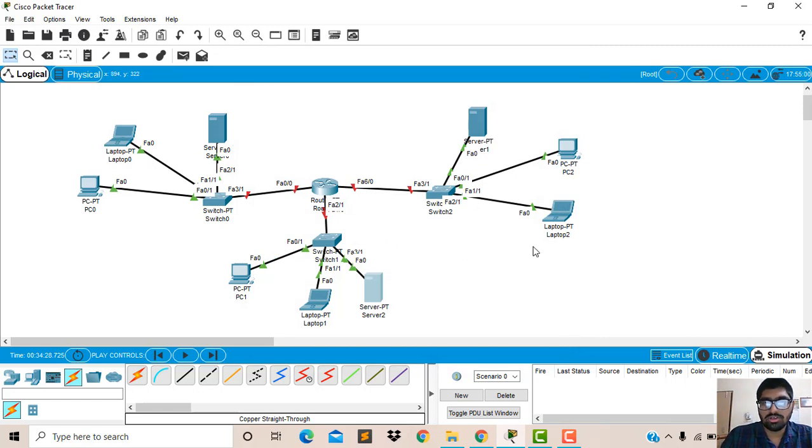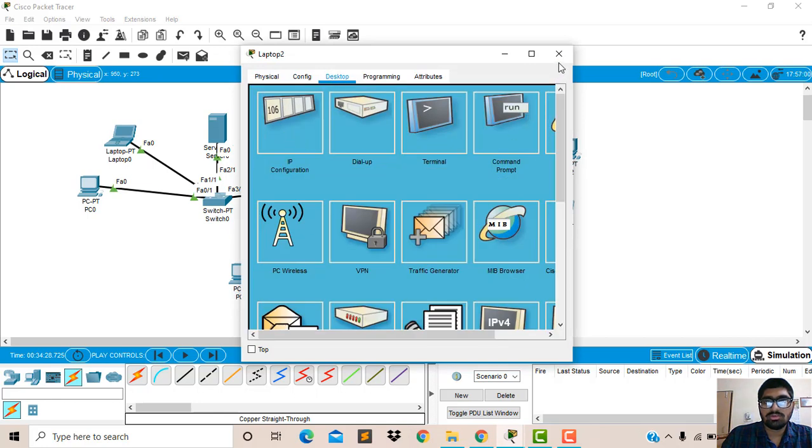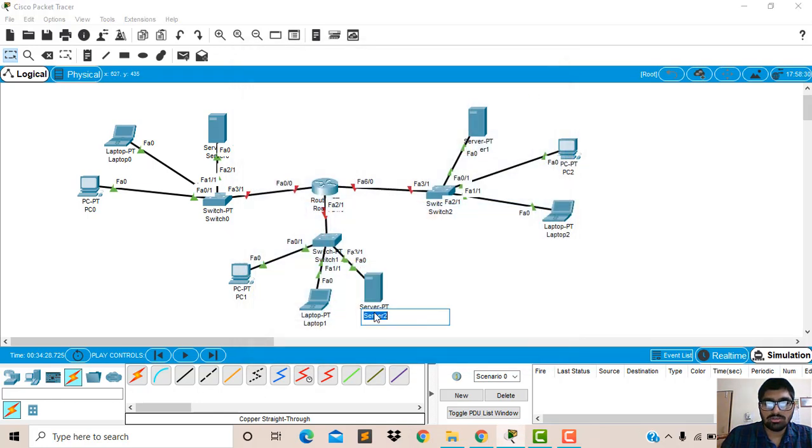Now we will go to the third laptop and assign the IP address to that. Here we are using the Karunya server.